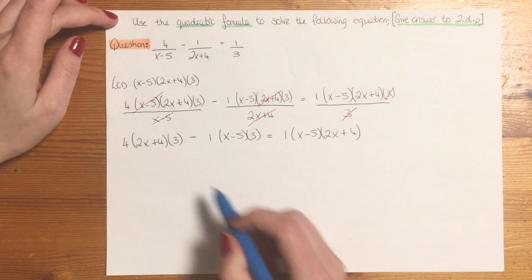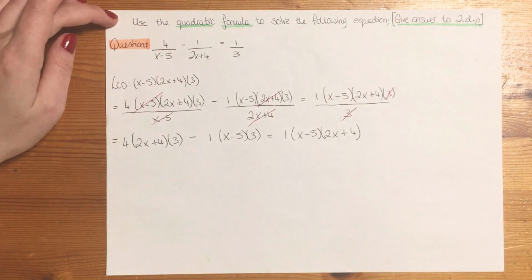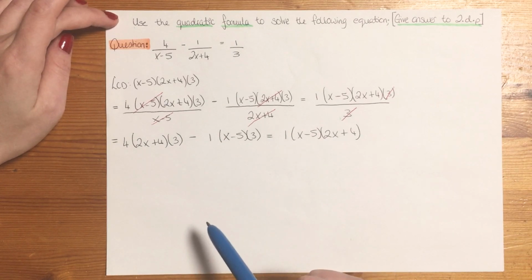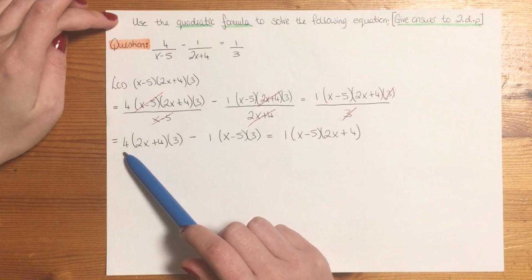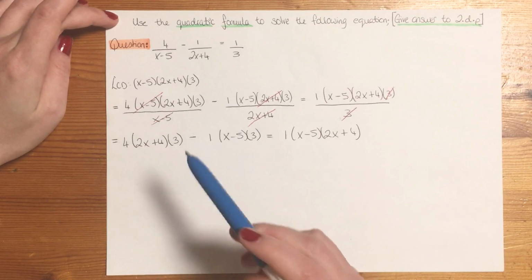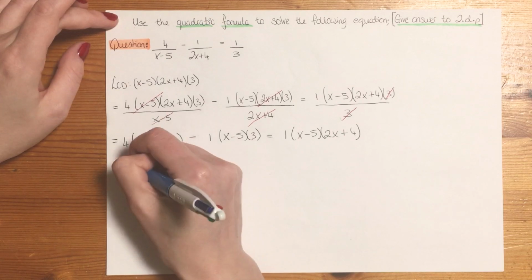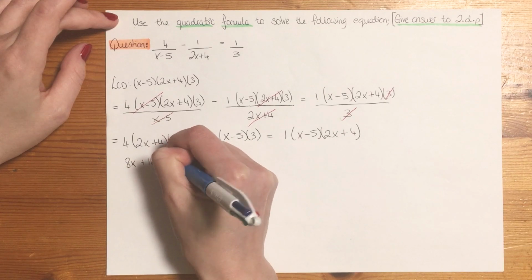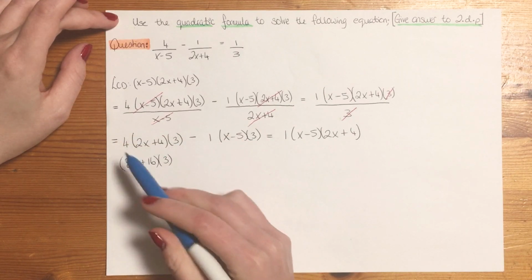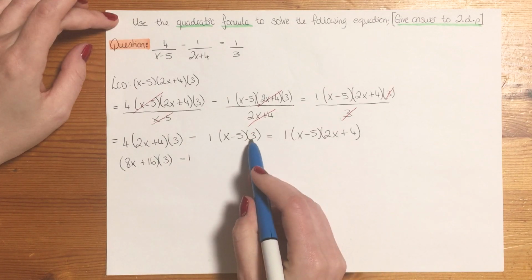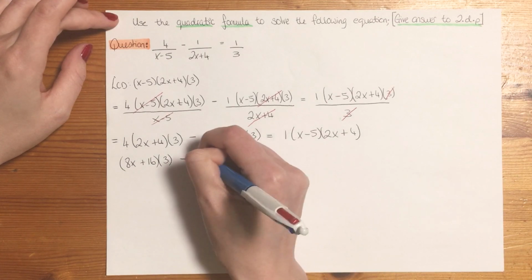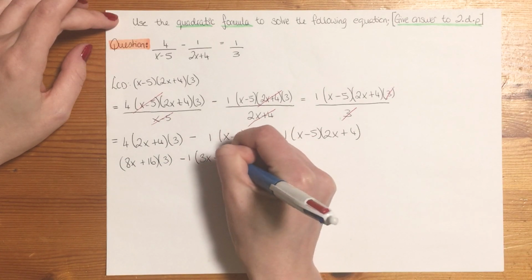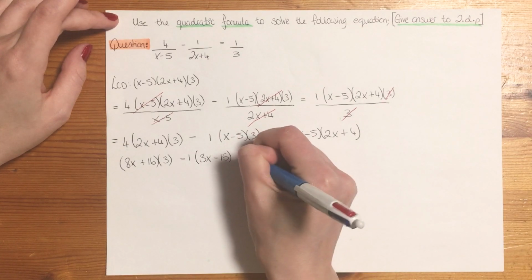Okay, so now we've got it in single format. Our fractions are away, which is what we want, makes it easier. So now we're left with brackets, and we should know at this stage, brackets in maths mean multiply. You can only multiply one thing at a time, so I'll multiply in the 4 and the 3's. So 4 times 2x is 8x, 4 times 4 is 16. Not using the 3 yet, I'm just doing one bit at a time. Minus 1, so I'm going to multiply these brackets together. So I'm going to have 3 times x is 3x, 3 times minus 5 is minus 15, equals